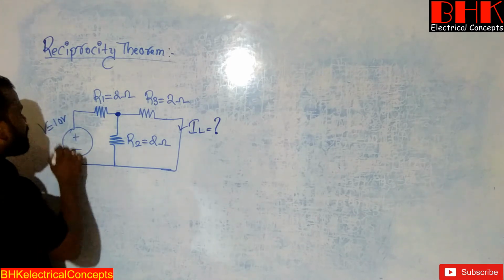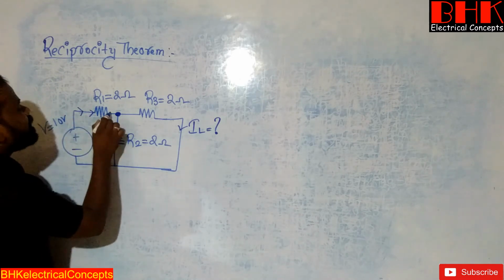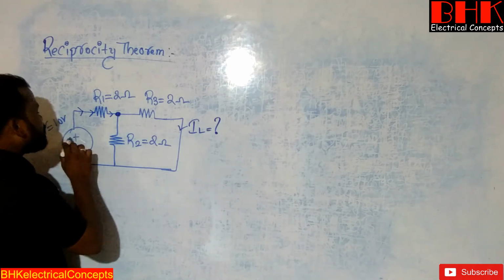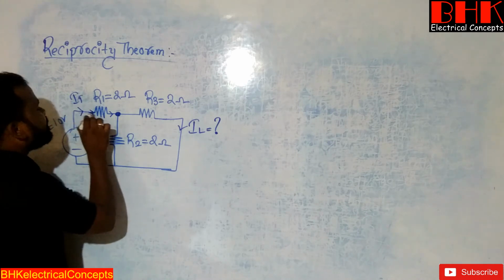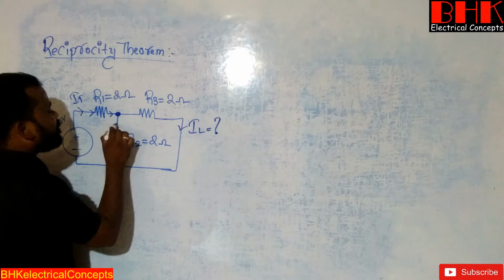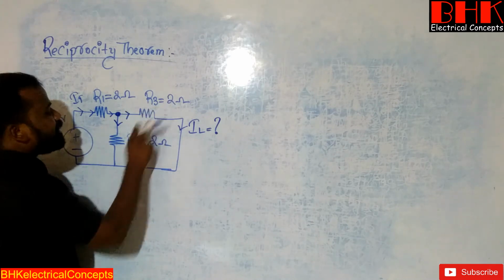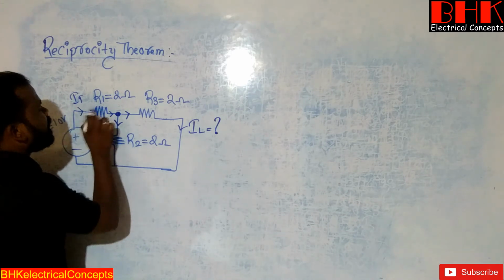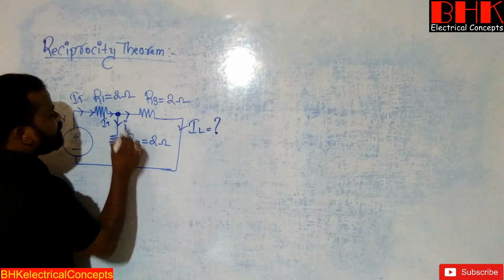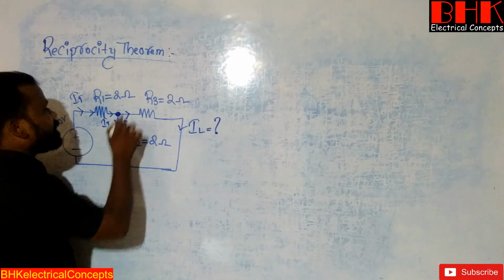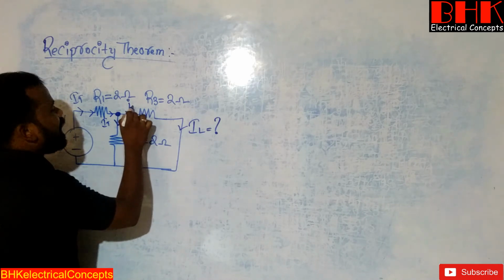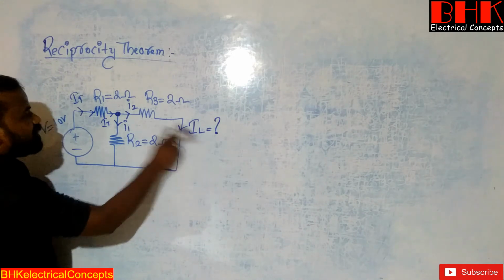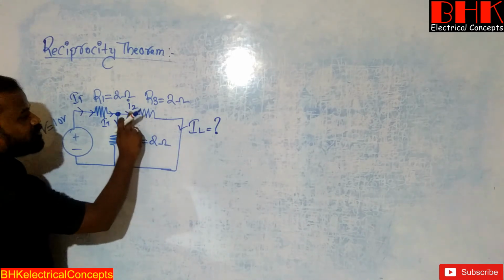Yes or no? Just see here, we are applying some voltage, which means definitely some amount of current is flowing in the circuit. This is the total voltage we are applying, so total current IT comes directly to this junction point. After that the current is divided depending upon the values of resistances. Clear? For example, IT flows in R1, the current flowing in R2 is I1 and the current flowing in R3 is I2. I want to calculate the value of IL, that means I2 only, because in series the current is the same.